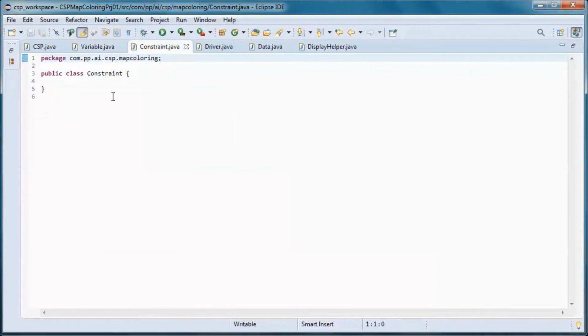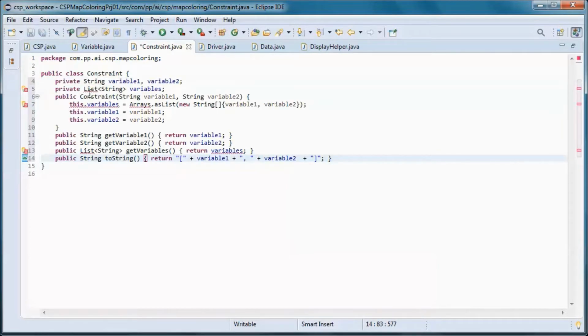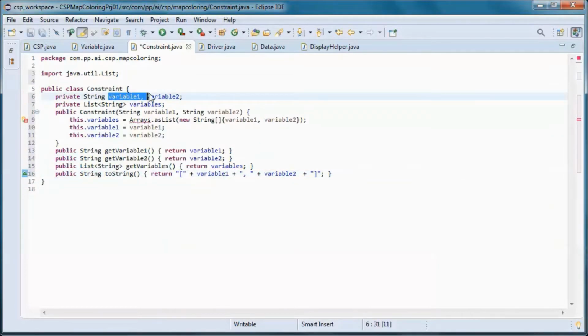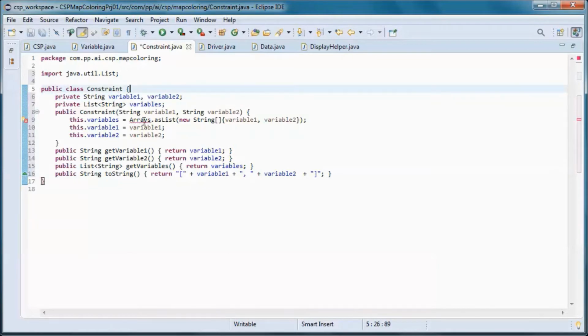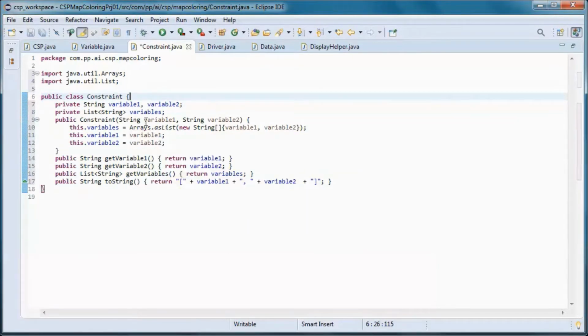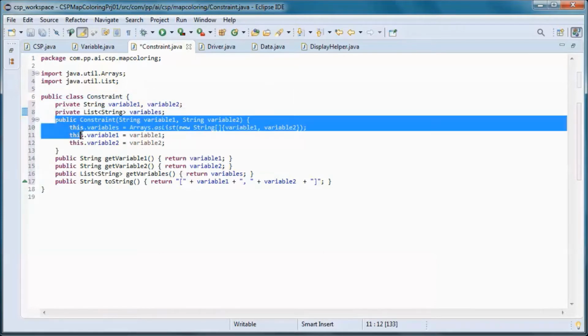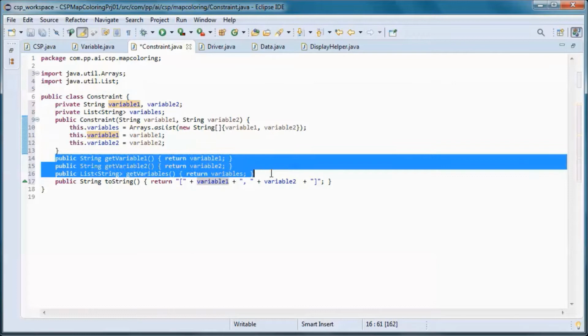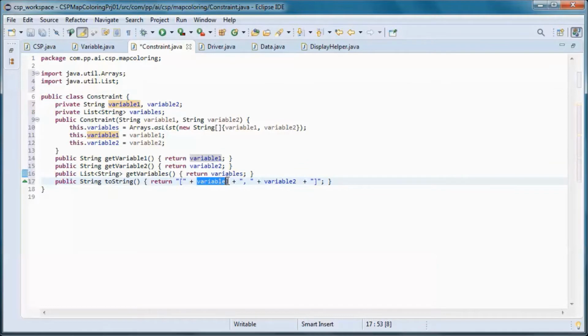And a constraint will have the names of 2 states that must have different colors, and a list of those 2 states, and those will be initialized in the constructor, and we'll have get methods for those, and the toString method will return the names of the 2 states that must have different colors.